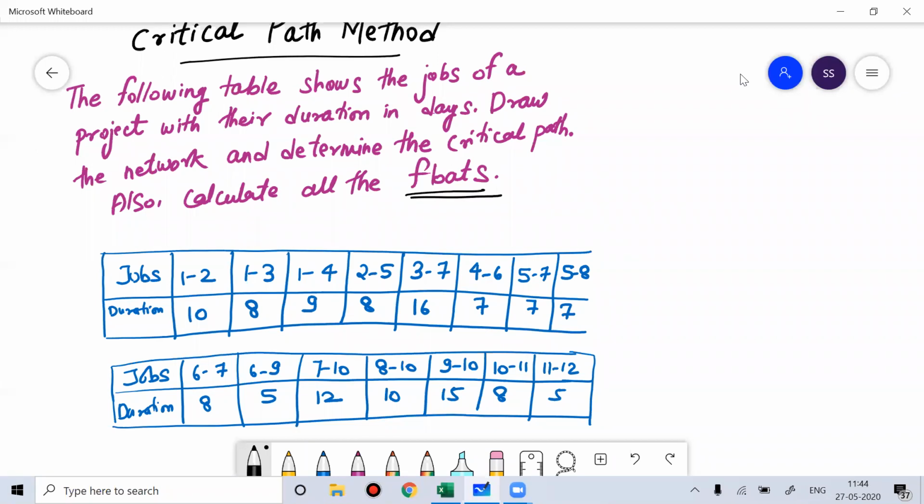So we'll talk about all of them. Theoretically, I talked about what is total float, what is free float, what is independent float. Before we discuss them, let's draw the network diagram. I believe by this time everyone has written down the question. Once you're done writing down the question, I'll draw the network diagram for it.